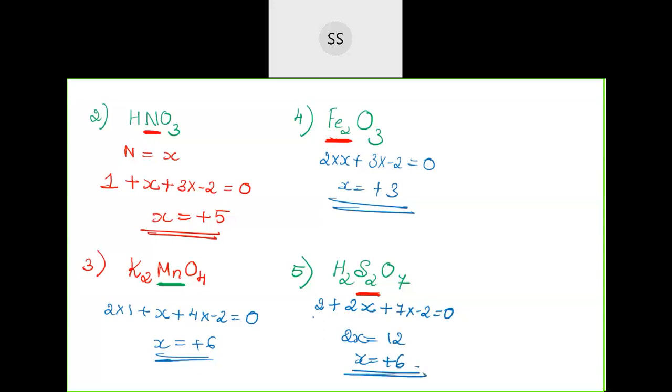Now this was in the compound form. Now we'll take a few examples for ionic species as well. Now see, next I'm taking ionic species. Now MnO4 minus. How will you calculate? This one I will do, then the next one I will give to you all to do. MnO4 minus. If this is given, you need to calculate for manganese here. The element which you need to calculate is manganese.